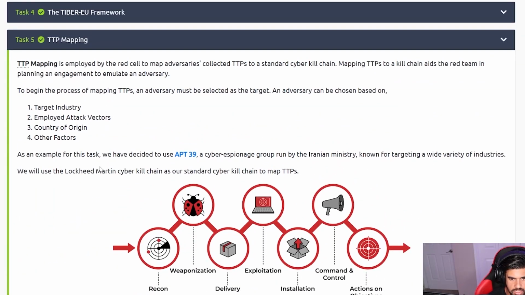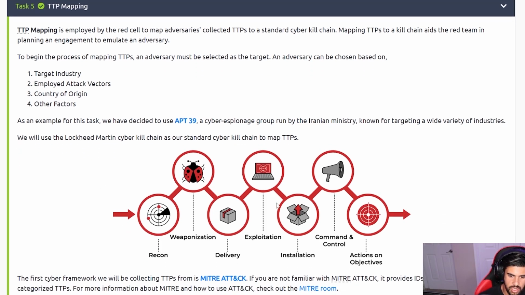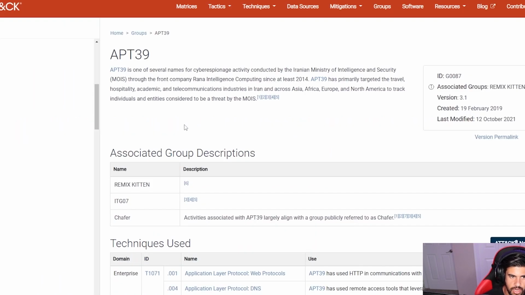So let's look at these TTPs, these techniques, tactics, and procedures. This is a diagram you might be familiar with, the cyber kill chain. We have recon, weaponization, delivery, exploitation, installation, command and control, and then actions on objectives. And so what we could do is pull up any APT, so APT 39 in this example, and